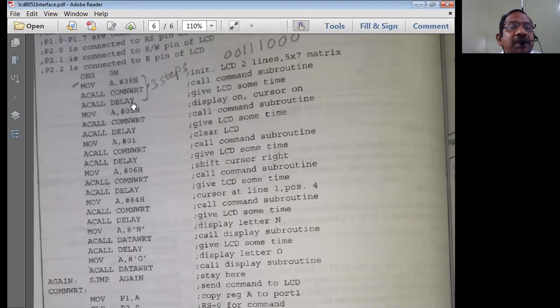After this delay program, I'm giving another instruction called display on, cursor on. So 0E means the cursor will be blinking. Display on and blinking the cursor. I can blink the cursor by using the instruction 0E.